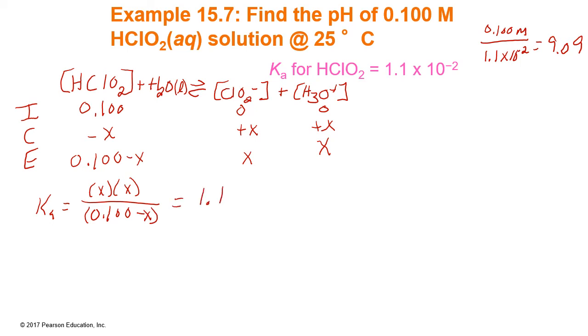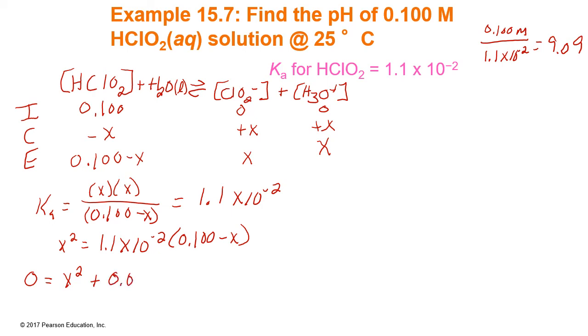And let's put in the Ka value. We're going to move the denominator to multiply, and we'll have to multiply through by our Ka. So when we do that and rearrange, we end up with 0 equals X squared plus 0.011 X minus 0.0011. Using our quadratic equation,